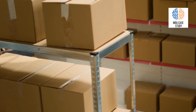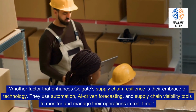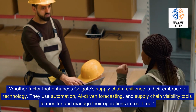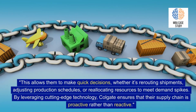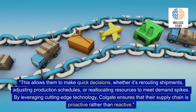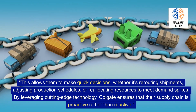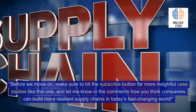Embracing technology to boost resilience. Another factor that enhances Colgate's supply chain resilience is their embrace of technology. They use automation, AI-driven forecasting, and supply chain visibility tools to monitor and manage their operations in real time. This allows them to make quick decisions, whether it's rerouting shipments, adjusting production schedules, or reallocating resources to meet demand spikes. By leveraging cutting-edge technology, Colgate ensures that their supply chain is proactive rather than reactive,